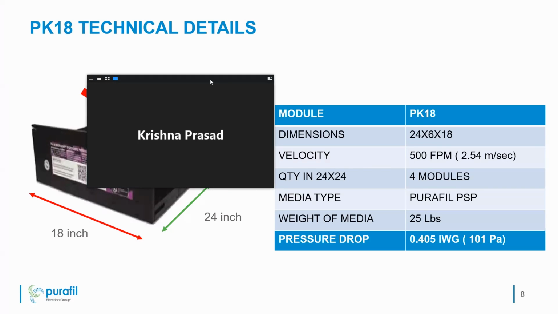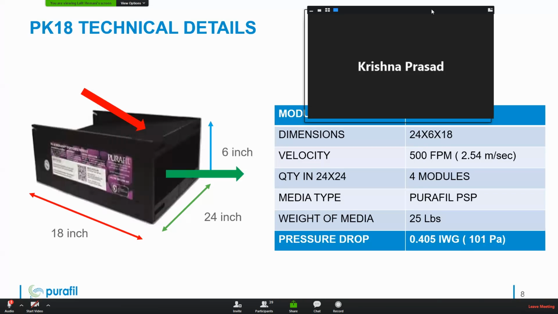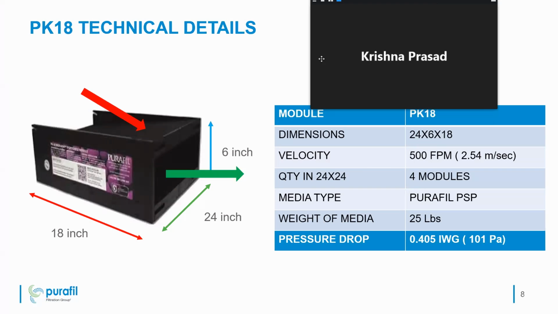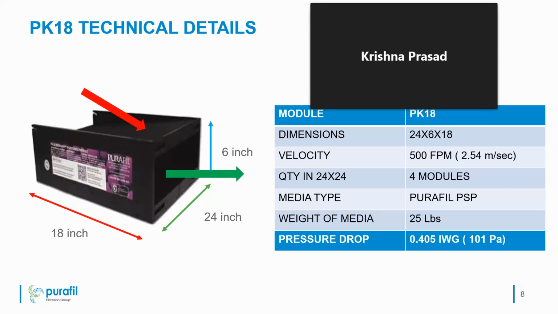Yeah, that I understand. But what I'm asking you is, AHU is of course designed for that building size and those number of persons to occupy those places. Everything is taken into account. But when you add these PK18 units, how many units are required? Does it also have to be calculated according to the building size and those dimensions? I'm only talking about the filter parts, PK18. Since you said number of modules to be added, does one piece have a size? We could see the box dimensions here, but what is the room size that it can cater to?